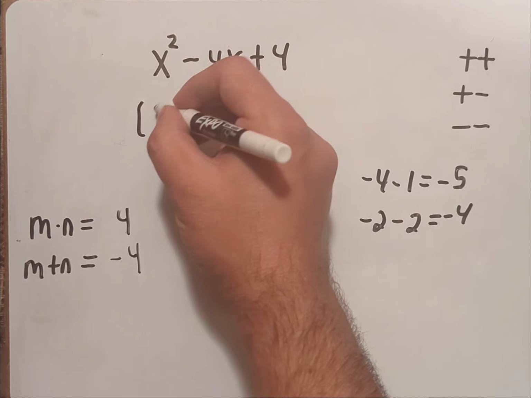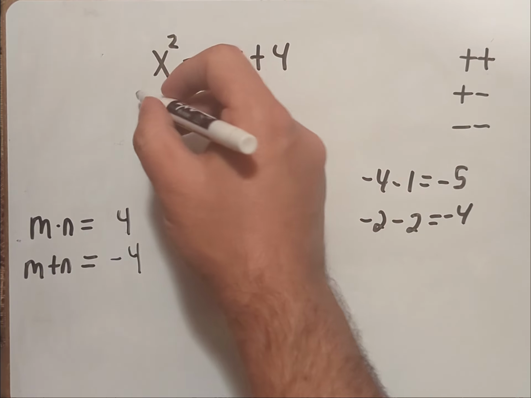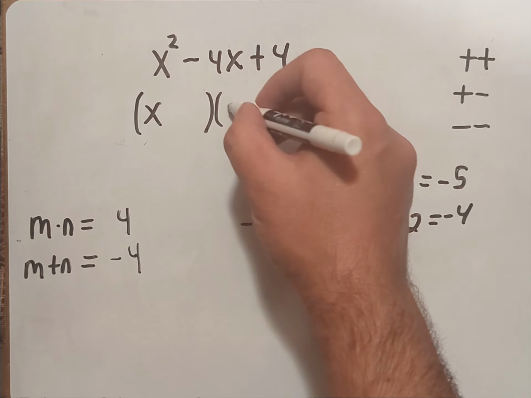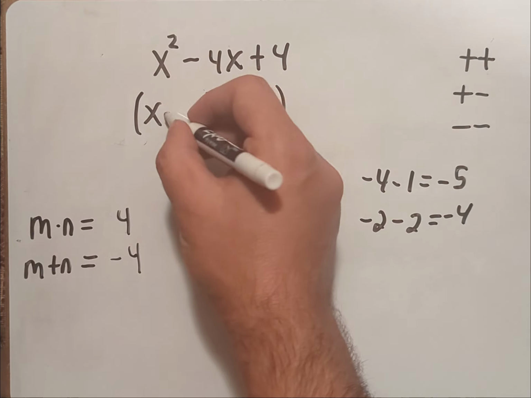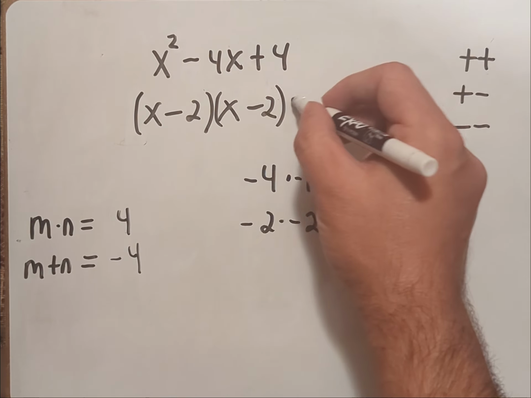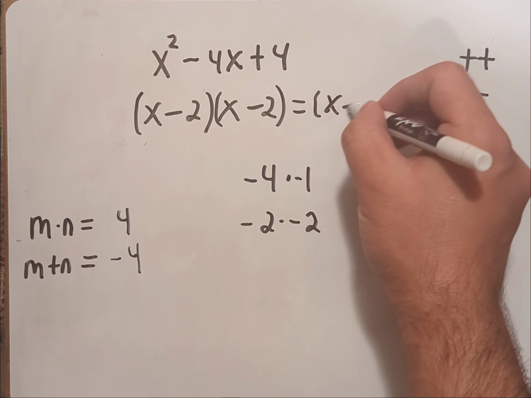So we can write this as, we know what goes up front, x and x. Our answer was minus 2, minus 2. And this can be written as x minus 2